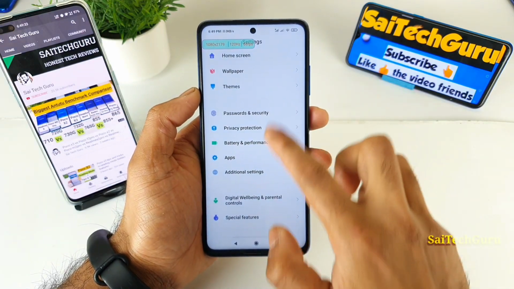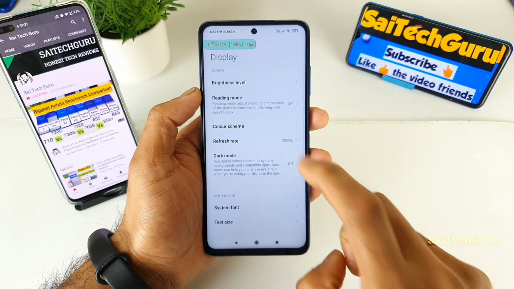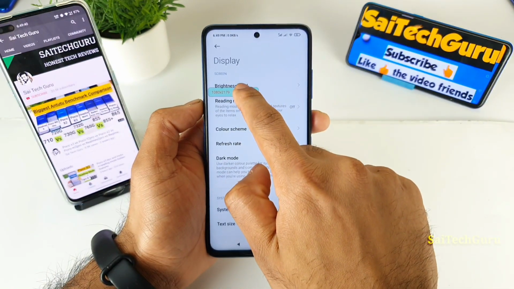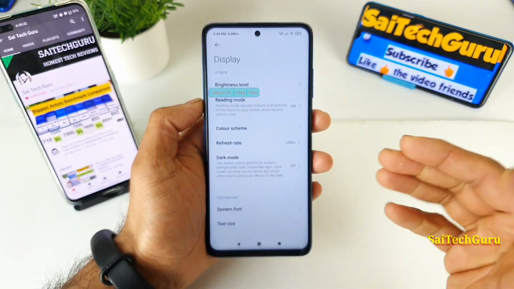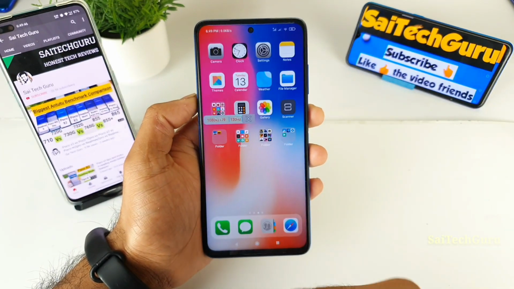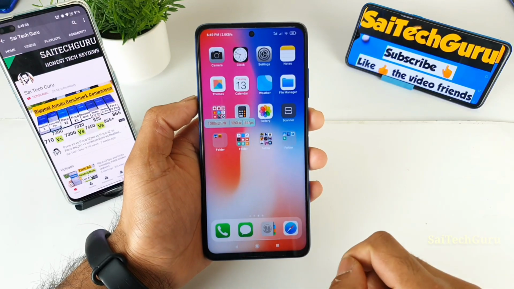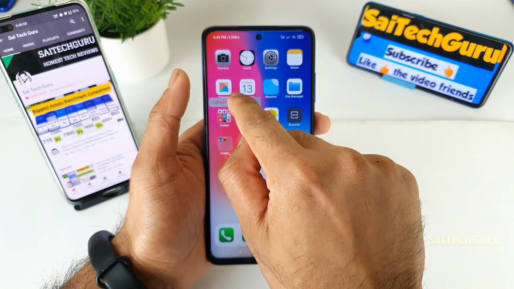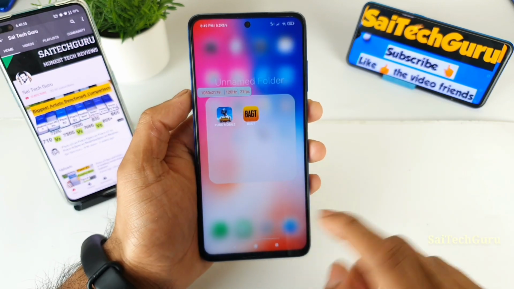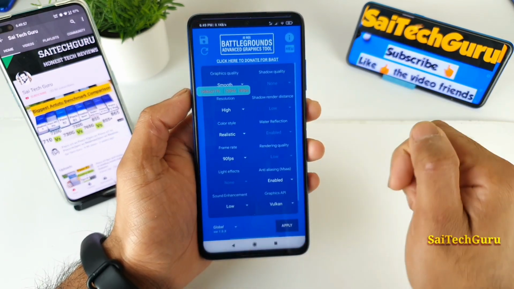First let me show you the settings. Let me go to the display here, and I am using the 120 Hz refresh rate, as you can clearly see, and there is an inbuilt FPS count meter as well in the POCO X3 device. So I am using the inbuilt FPS count meter, not relying on any third-party applications. This is a very accurate FPS count which is inbuilt in the POCO X3 device. So first let me try to open the BHGT.